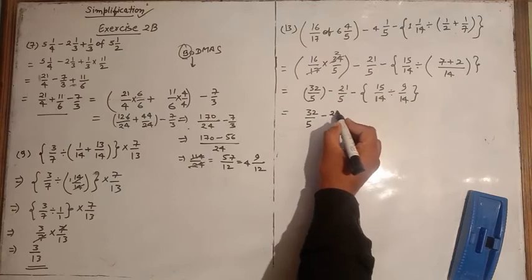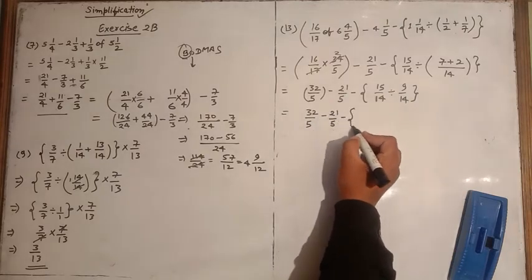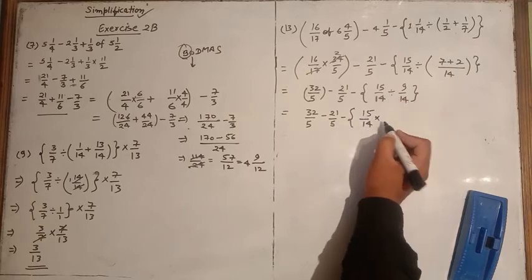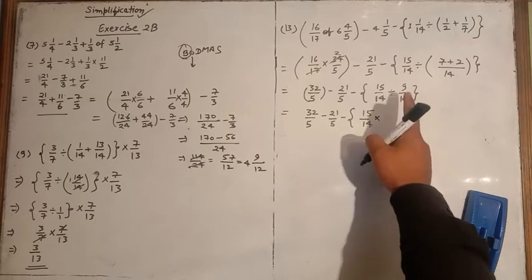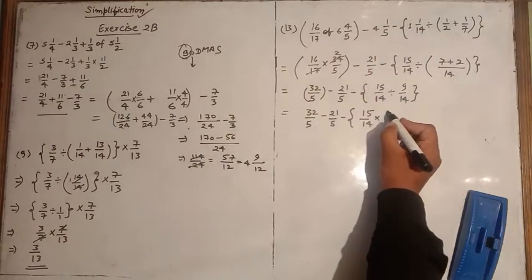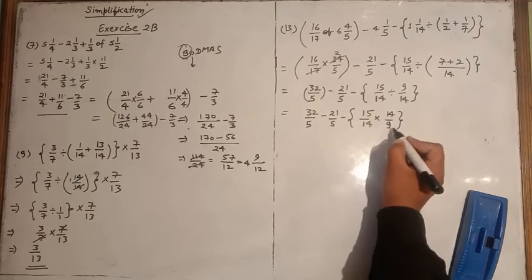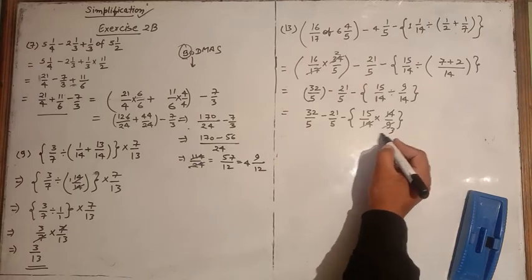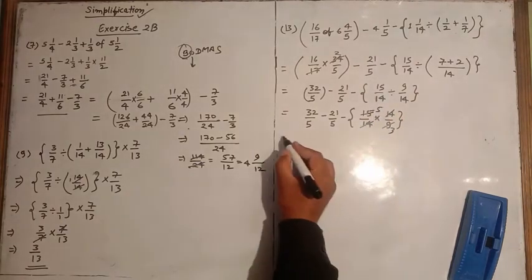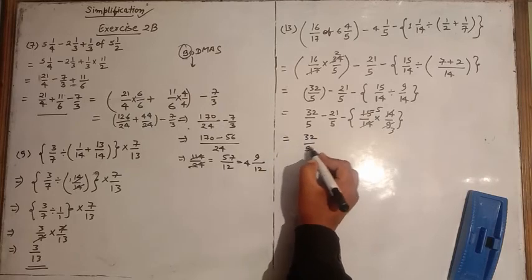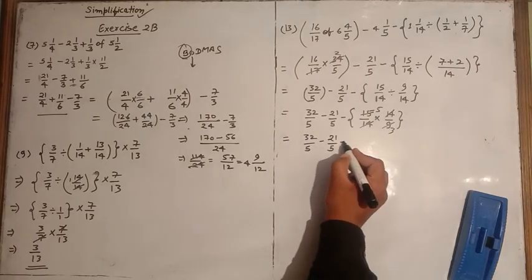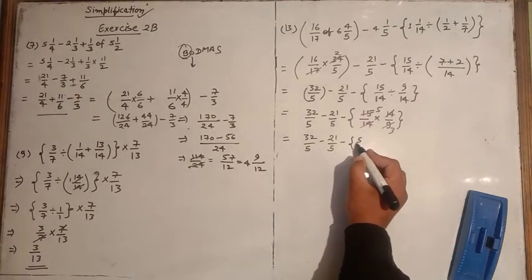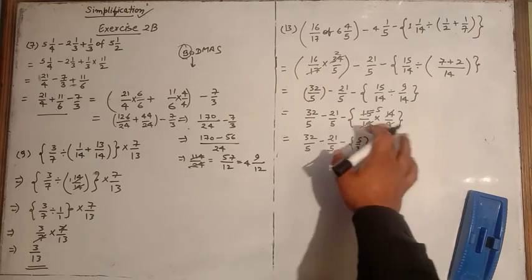Outside bracket you can write minus 21 over 5 minus, inside curly bracket you will solve. Then in division you know what we do, sign changed to multiply and we take the reciprocal of the second fraction. It will become 14 over 9. All you know that 14 cancels with 14. Now 3 is stable, 3 threes are 9, 3 fives are 15. So we can write it as 32 upon 5 minus 21 upon 5 minus, inside curly bracket it will be minus 5 upon 3. Now we can remove the curly bracket also because it is fully solved.